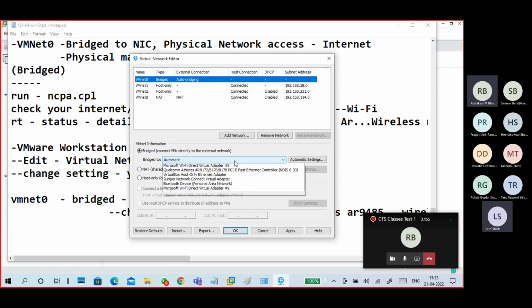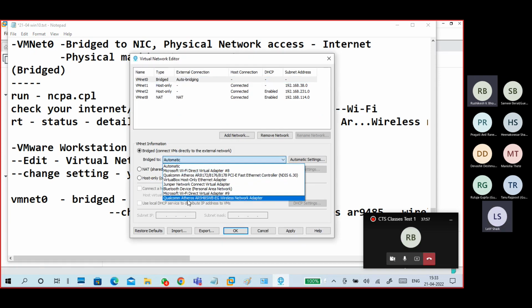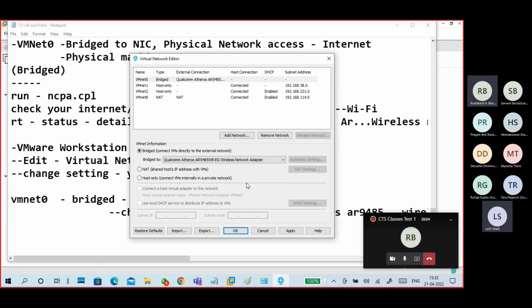Okay, so change automatic to select Qualcomm Atheros AR9485 something with a wireless network adapter.